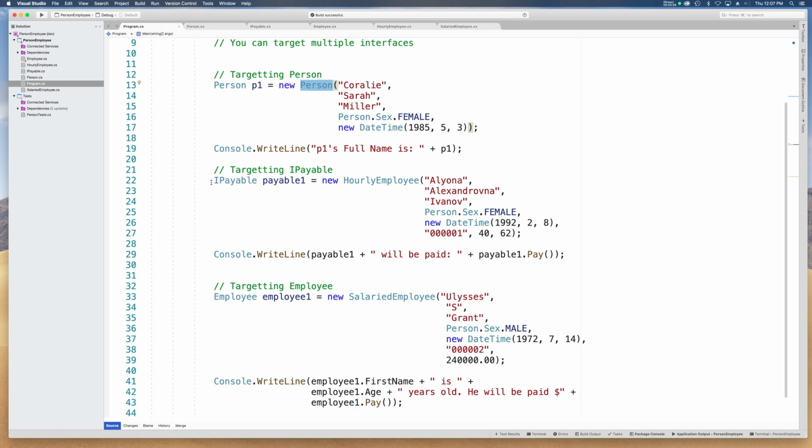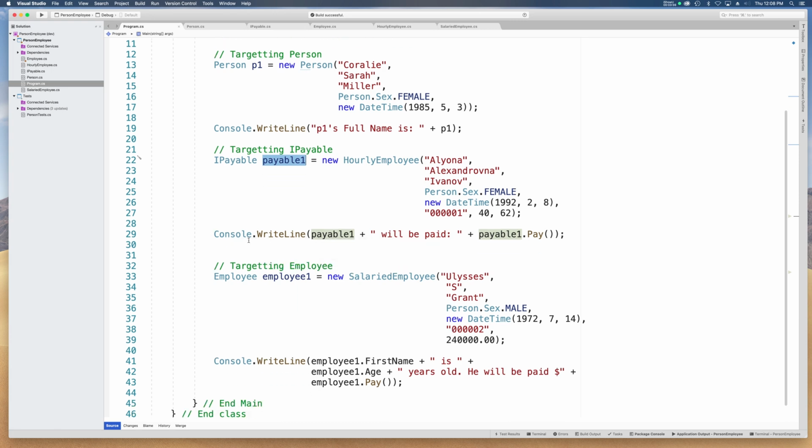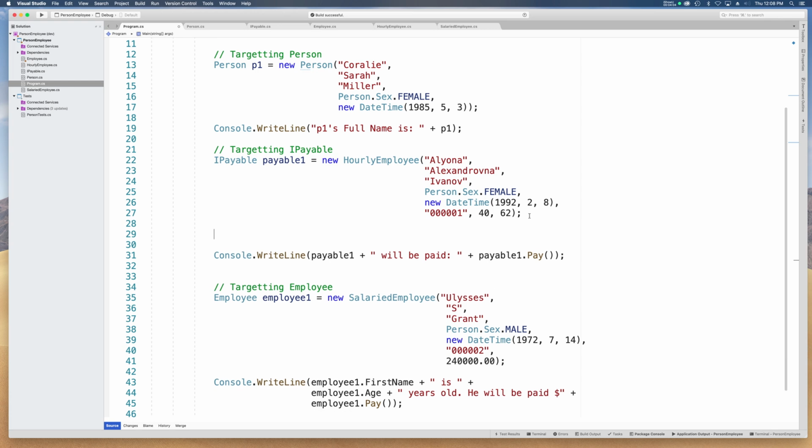So iPayable is the next interface on line 22. So iPayable payable1 is a reference, and now here I create a new hourly employee, and I fill in the constructor. Okay, so then on line 29, I have a console.writeLine, payable1. Now, this is the interesting part, right? If we come down here, we'll see, let's do payable1